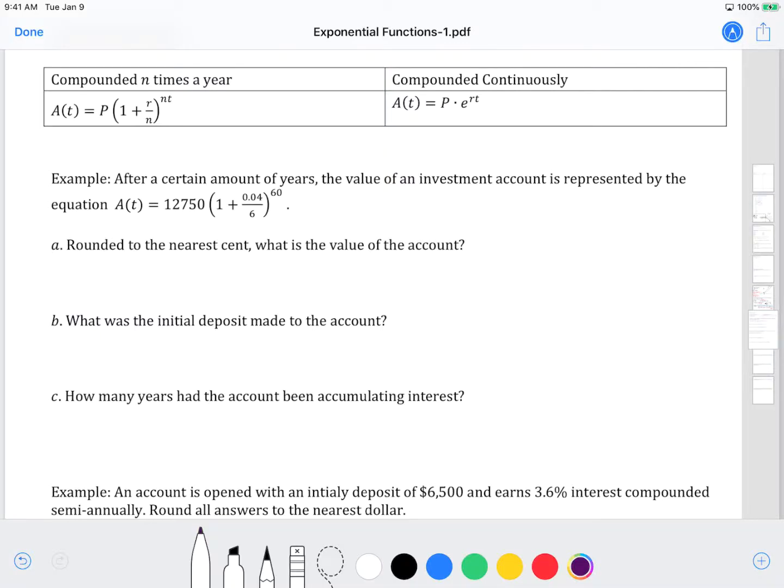Okay, one common application of exponential functions is compound interest. And we have two formulas here. One formula is compounded n times a year, and the other formula is for compounded continuously. Now, in both formulas, P represents your principal,